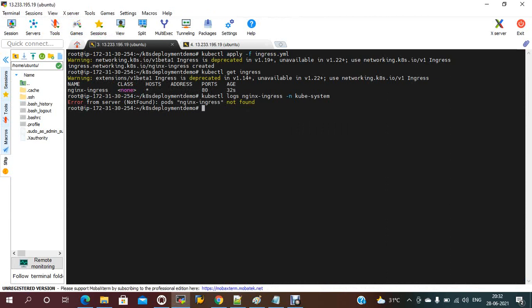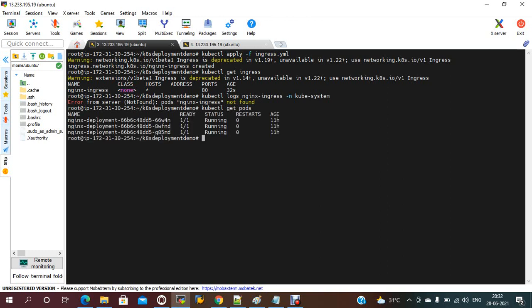Okay, let me check. kubectl get pods. kubectl get pods with -n kube-system. Sorry, this is default only, right?